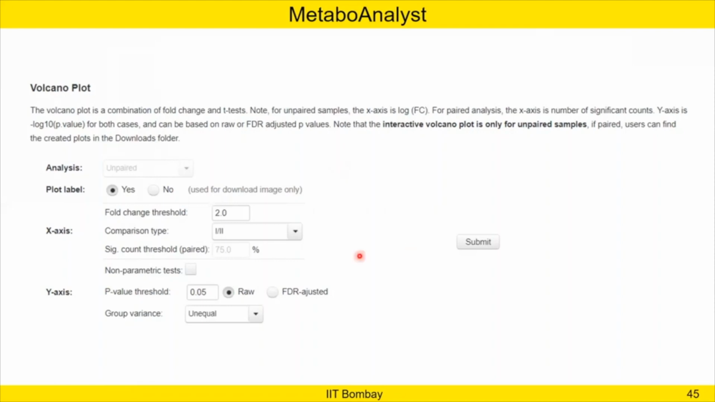And as you can see the parameters, you can put the fold change as 2. Comparison 1/2 means whether you want to calculate the fold change based on 2 versus 1 or 1 versus 2. For your case, it can be control versus test or control versus disease, disease versus control. Anything is fine. And you can put a p-value threshold of 0.05. And obviously, in our case, if you see the samples, you will understand that we have an unequal group variance,